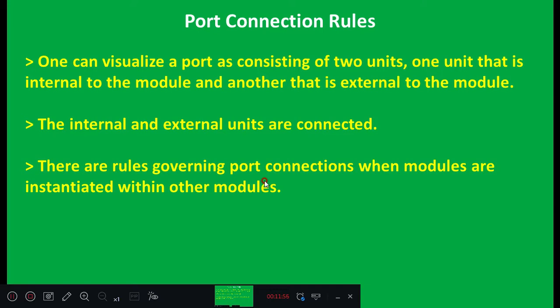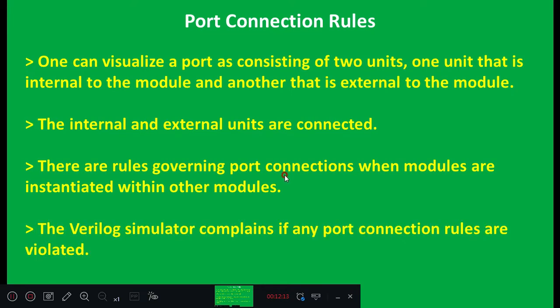So when you go for structural description, modules are instantiated in the top level module. And for those instantiated modules, you are writing one more description, one more module. There you have to follow these port connection rules. The Verilog simulator gives an error if any port connection rules are violated.